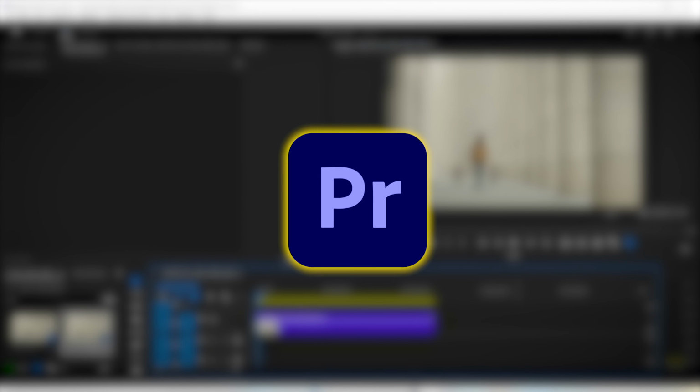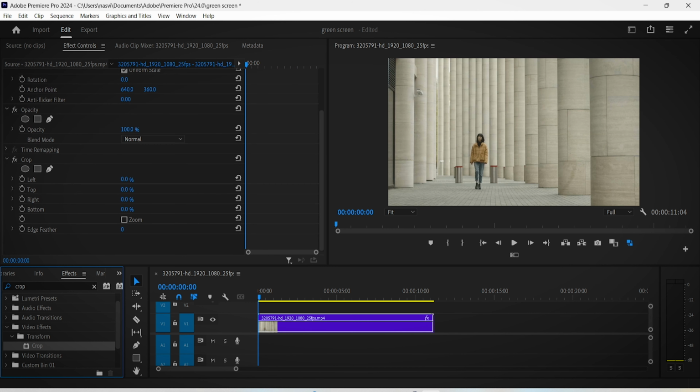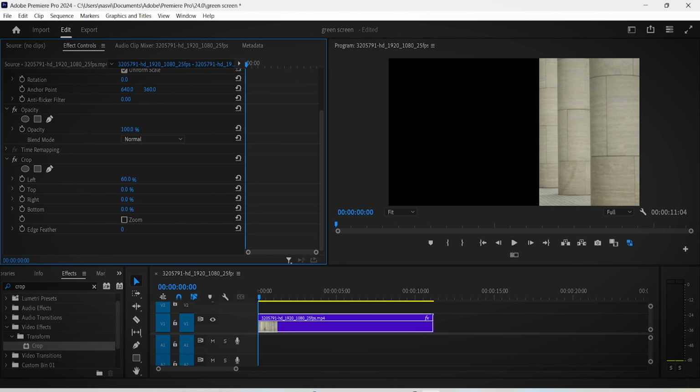Here is the correct way on how to crop a video or an image in Premiere Pro. Go to the Effects panel and search for the crop effect. Drag it onto your footage that's in your timeline. Then head over to the Effect Controls panel, and right here under the crop effect, you can mess for example